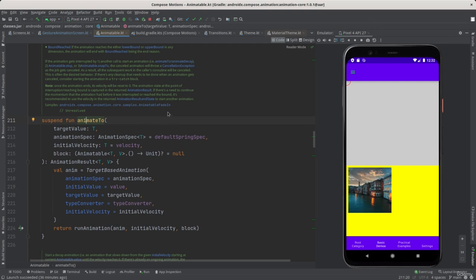To find it, I simply search for animatable, the last component of this package name. AnimatableFadeIn. I can copy it, or I simply type it,